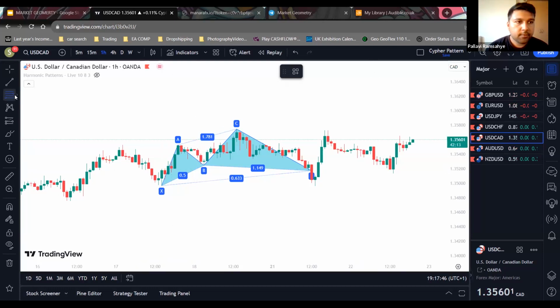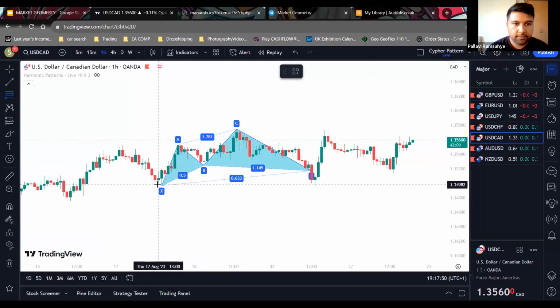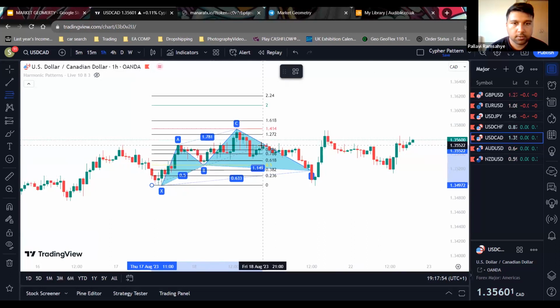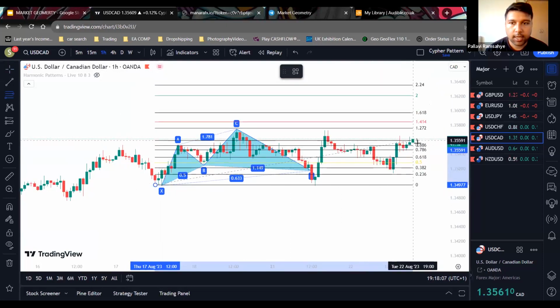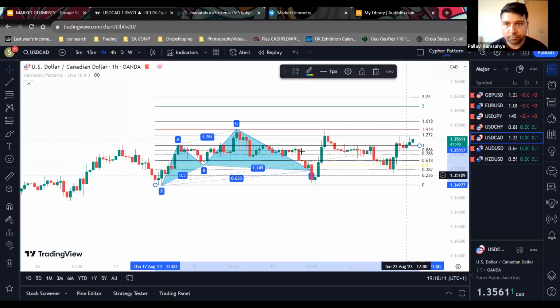Once we've found that, then we can place our Fibonacci retracement tool. So from X to A, okay? So we're going to place that. I'm actually just going to delete that and do it again. I'm quickly going to go through the Fibonacci tool so that everyone has a bit of an understanding of the settings that I use. So let me go into the settings